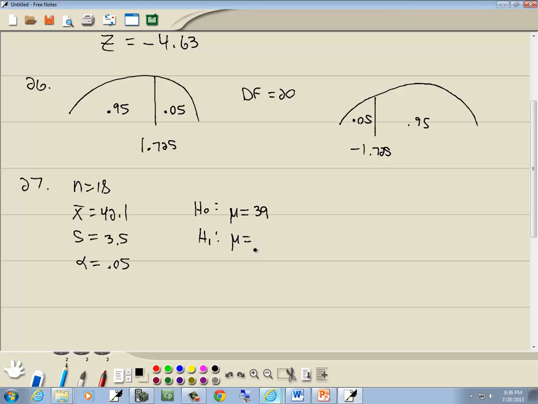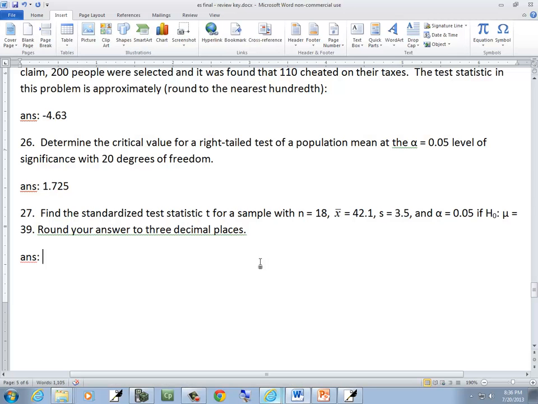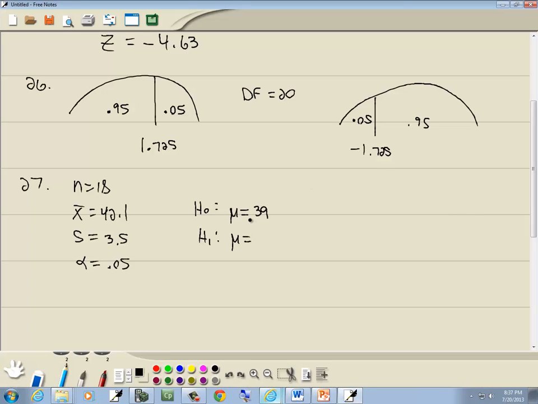Now this is the problem. When you're using a calculator, it wants a symbol off of H1, off your alternate hypothesis. And if they give you something like this, H naught where mu is equal to, if like the book does, if they always put an equals here, you have no clue what this is. Now we're going to assume that it's actually an equals, which means this is the opposite. If that's equals, this has to be not equals, 39. I think the calculator actually gives you the same answer no matter what symbol you pick on those, but